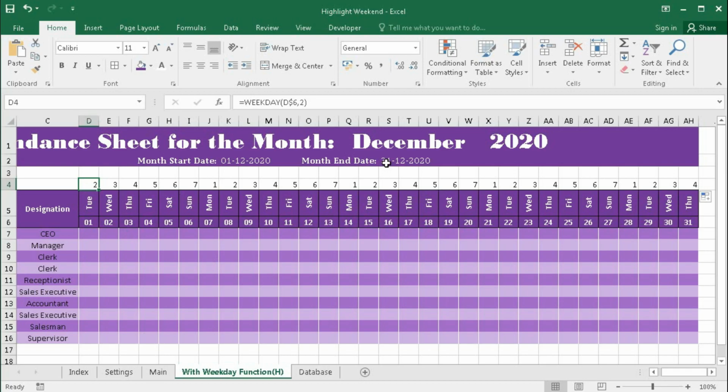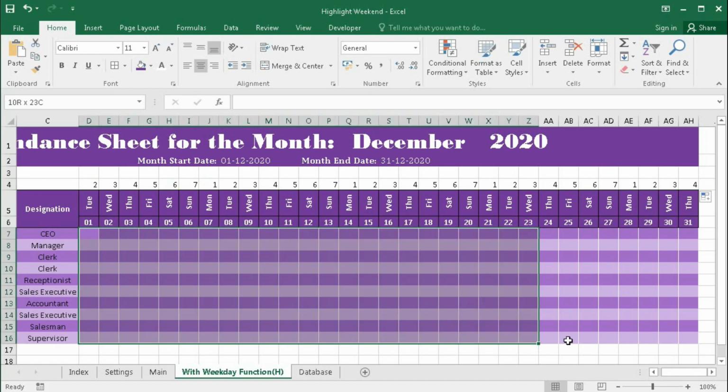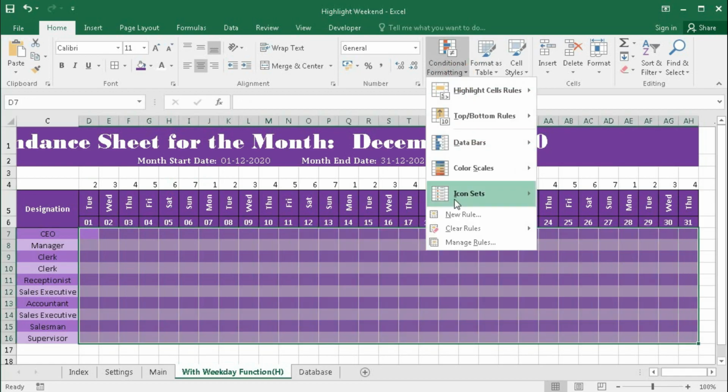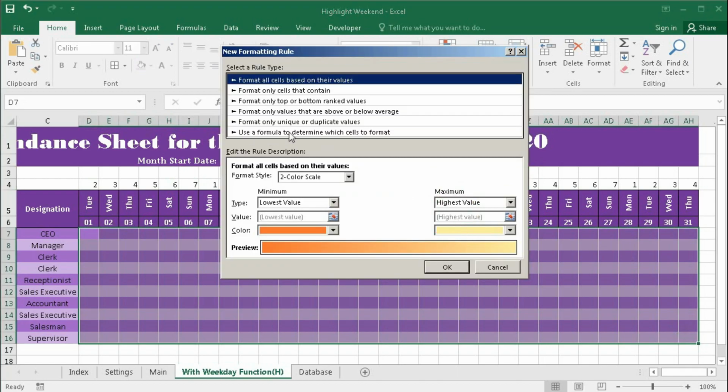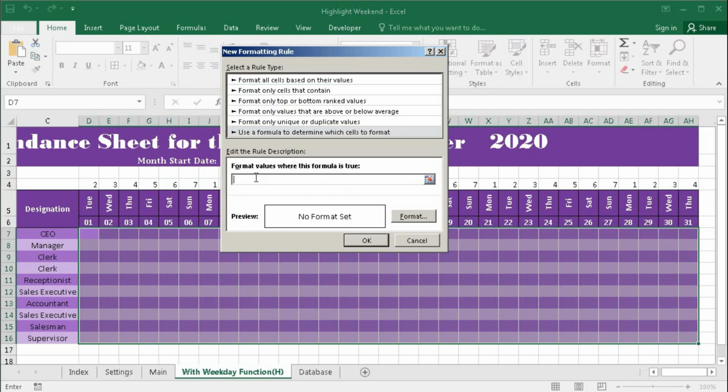Suppose we want only Sunday to be highlighted. So Sunday is 7. So select the database, go to conditional formatting and select new rule. Select this option and here type equal to this cell and make it mixed cell reference greater than 6, or you can write equal to 7, no matter.